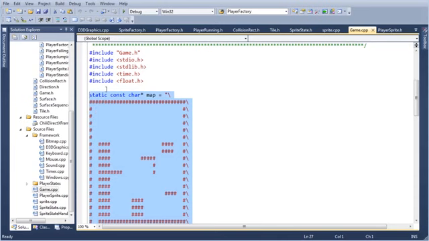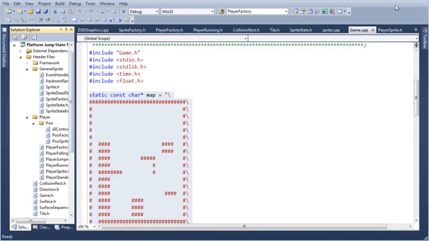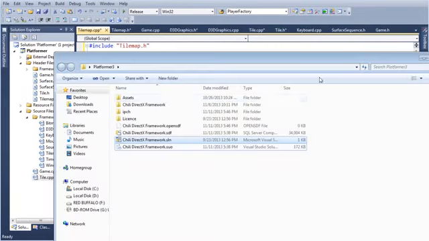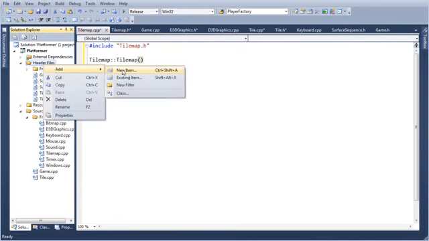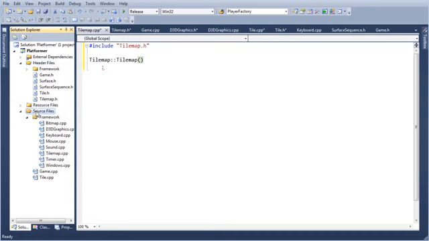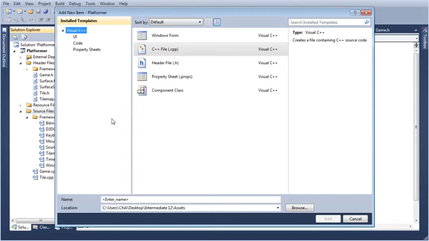So I'm just going to get this and yoink. I guess I want to add a new file here. New item.